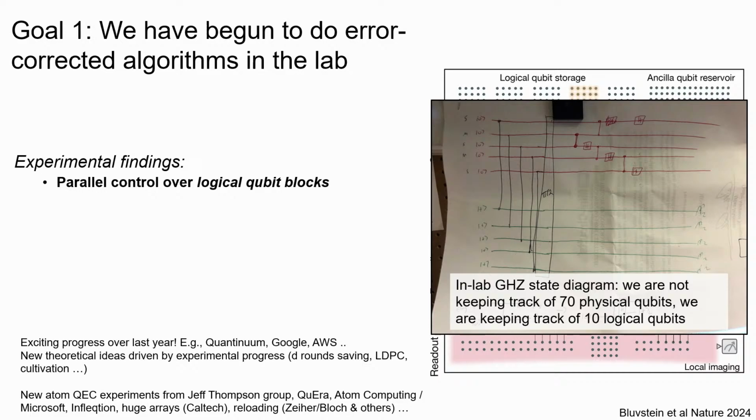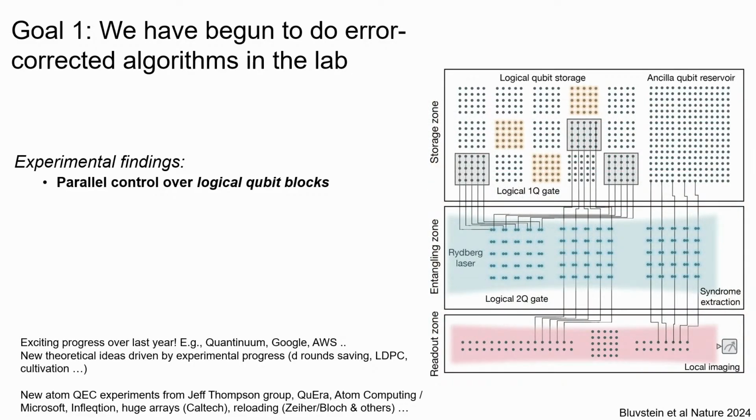And this is the drawing that we draw for ourselves in the lab on the back of a Mini-Circuits data sheet. And the reason you can do this is we're not programming a very complex 70 physical qubit circuit. We're just doing large parallel operations on our Steane codes. And this makes it significantly easier. So this, I think, is by far the key takeaway from our experiments.